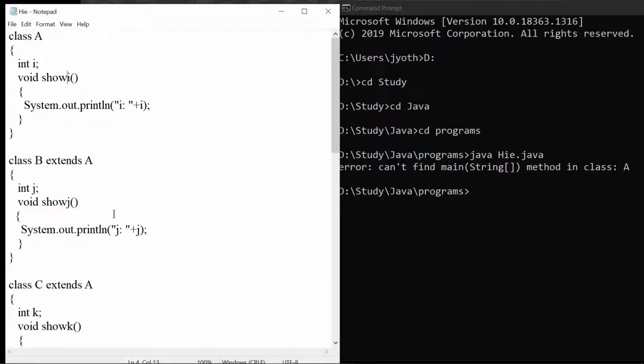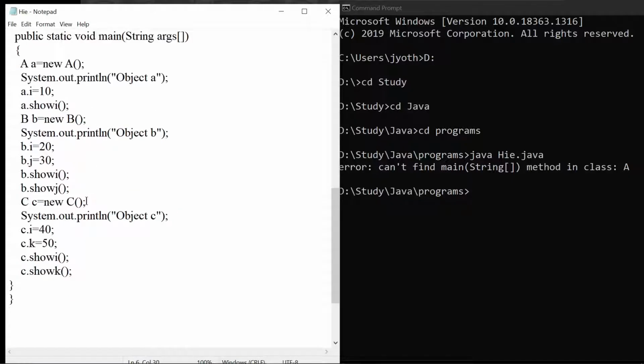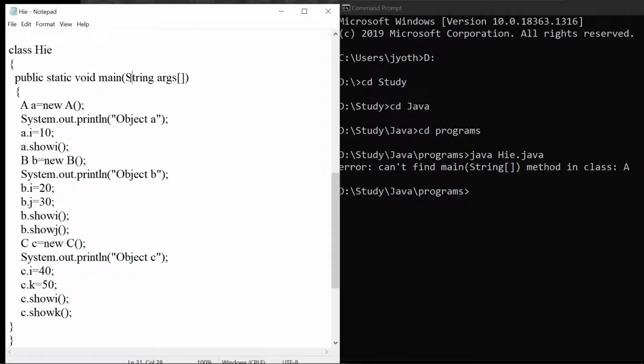Did I write anything wrong? S is capital.